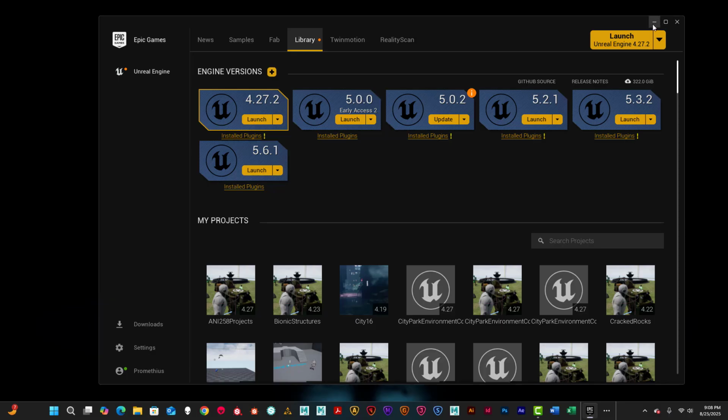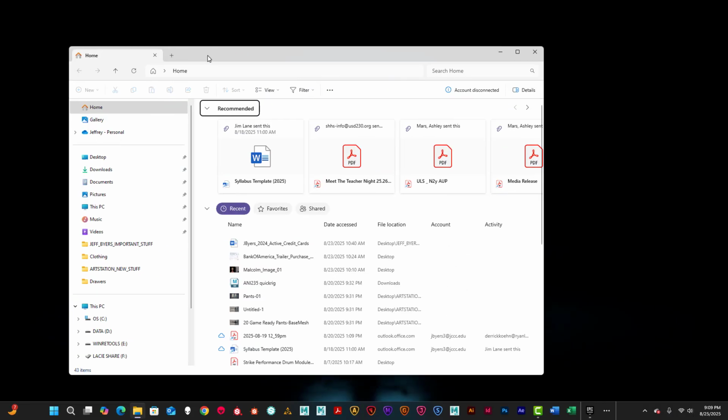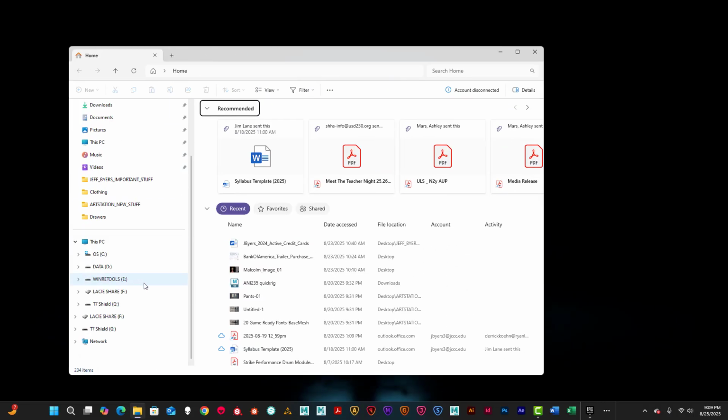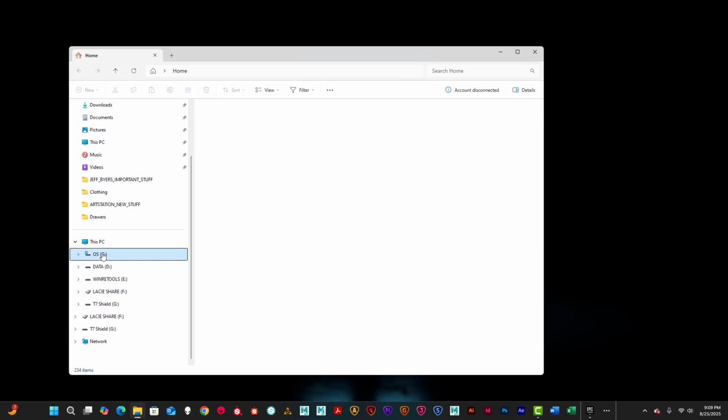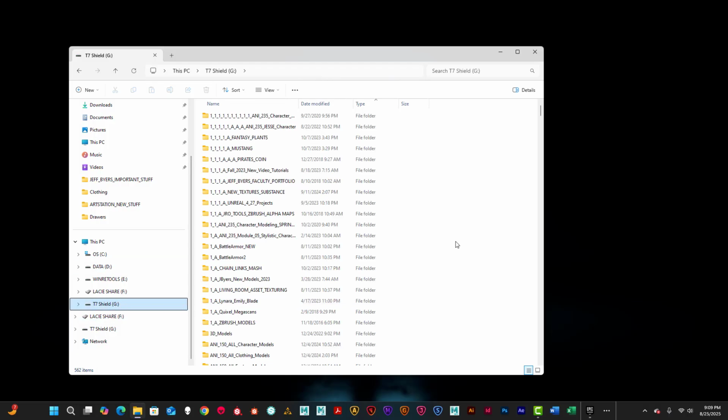But before you launch, there's a couple things we need to do. We need to create a folder for your work. That's always important. So go to your Windows file browser, and make sure your hard drive is plugged in, an external hard drive, or if you're saving to your computer, whatever you're going to do, whether it be the D drive or the C drive or whatever. So you just choose what you want. And this is my second drive. I'm going to go to my external hard drive,